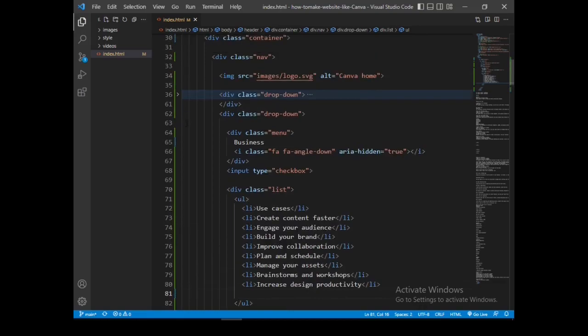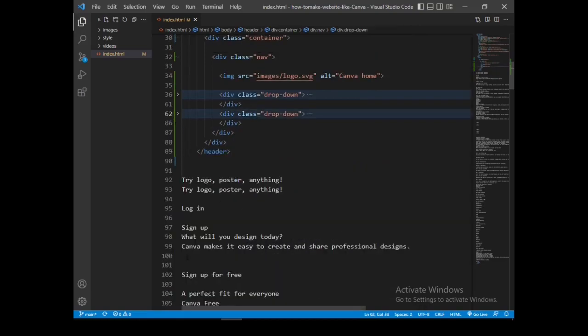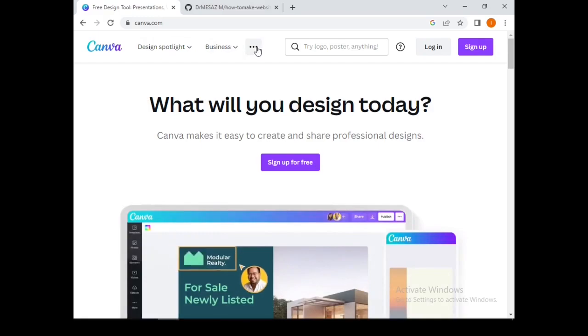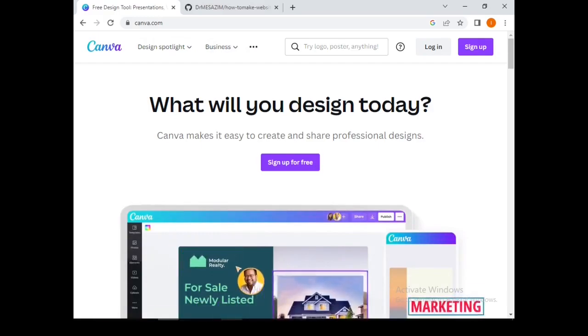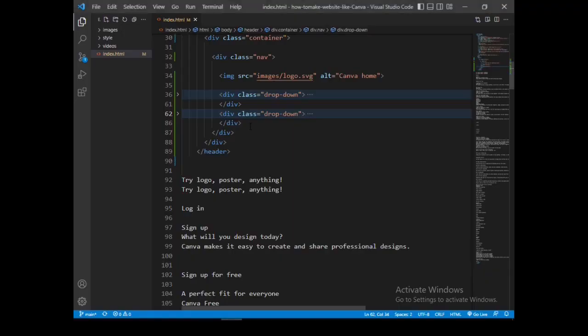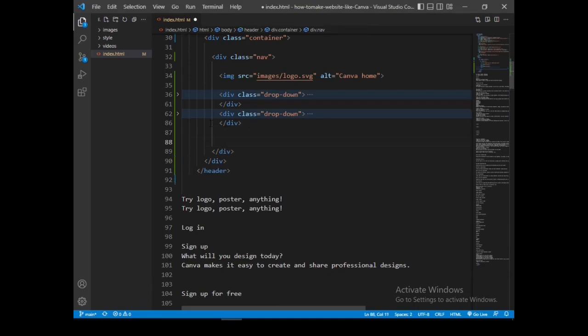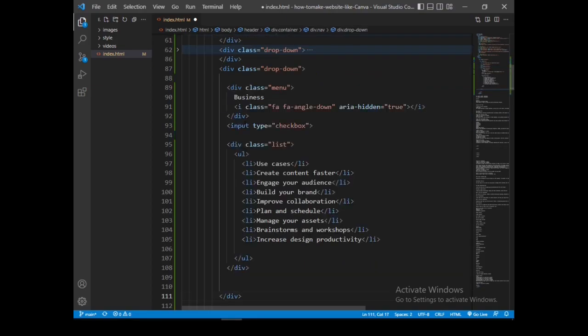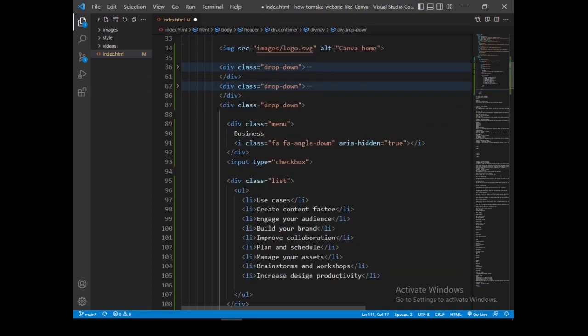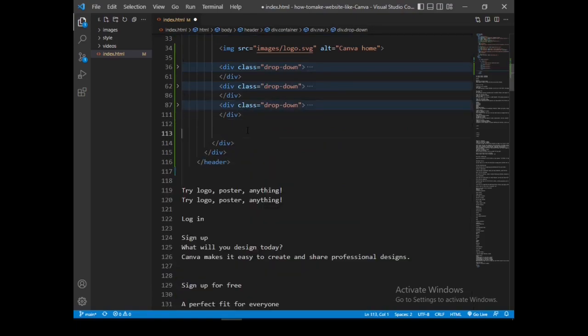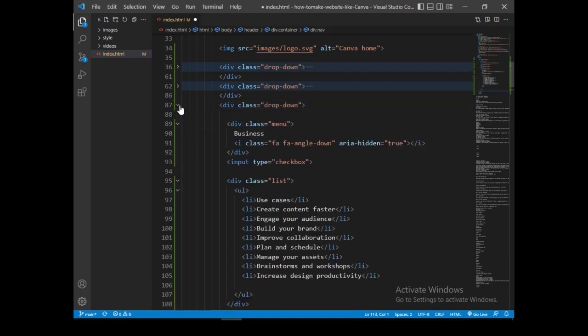Now let's go for the last dropdown, which is this one. We should get some dots. Inside, we can just copy this one. Now inside this one, we need to replace.